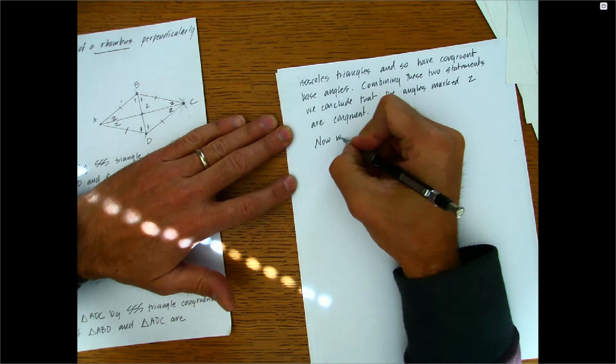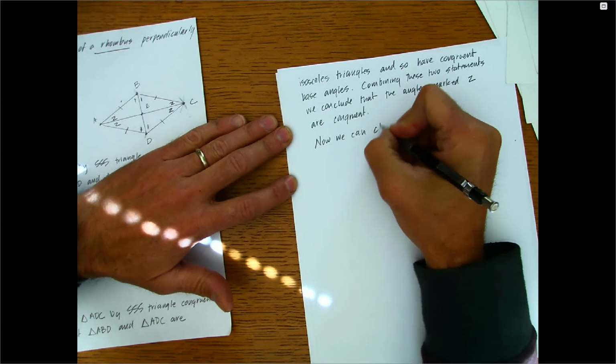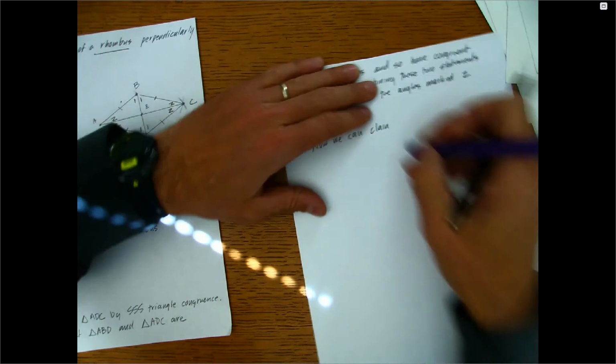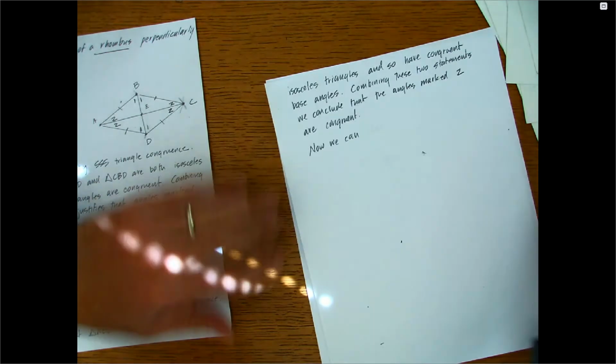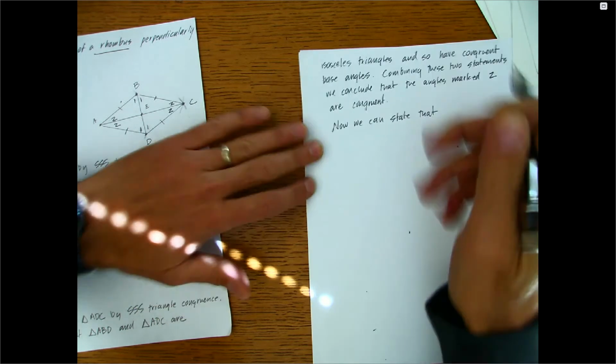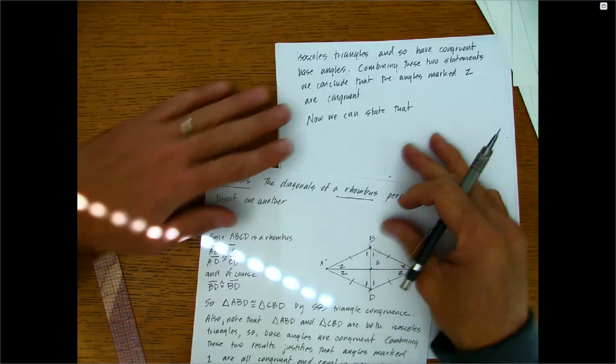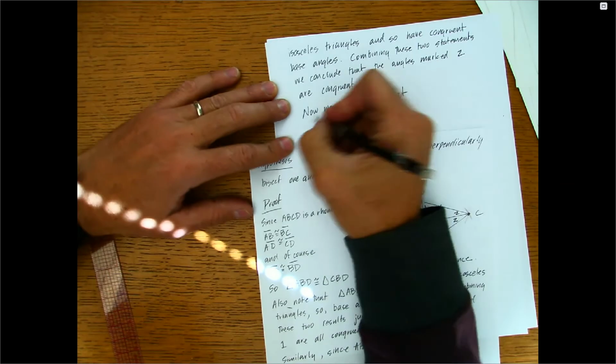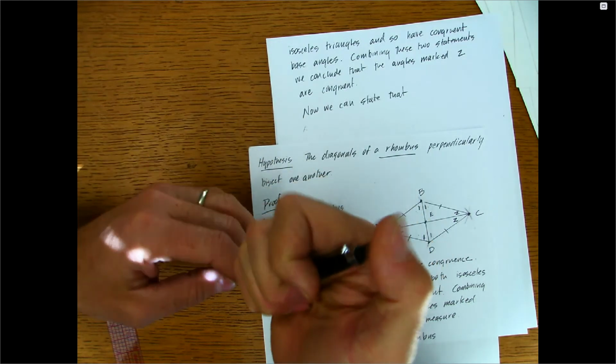Now we can claim, well, not even claim, we can state that. Let's do this in order, be careful. Let's see, so ABE, triangle,